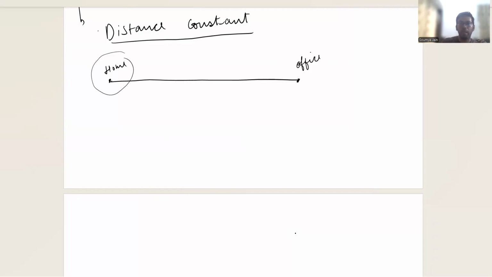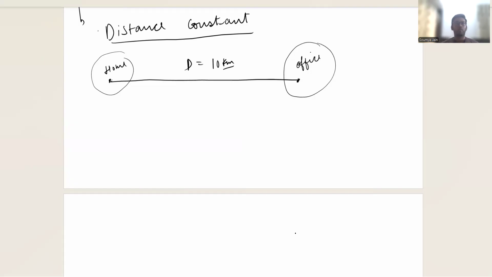Home doesn't move. And office is also fixed at this point. Office doesn't move. So since these 2 points are fixed, the distance between my home and my office is also fixed. Okay, that doesn't change. So let's say this distance is, for example, D,